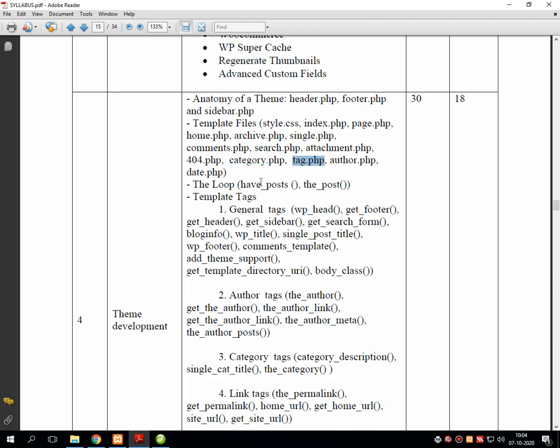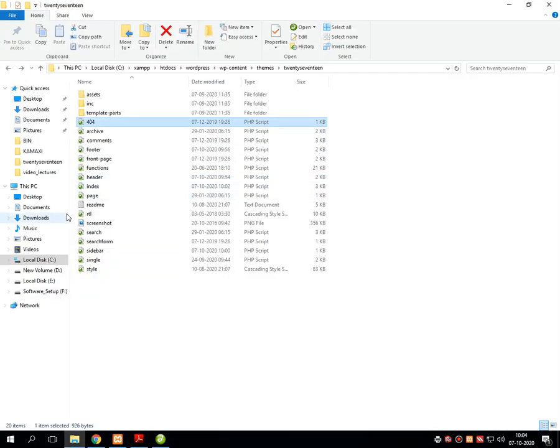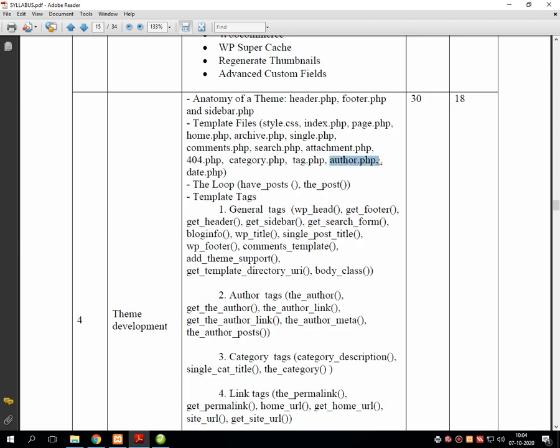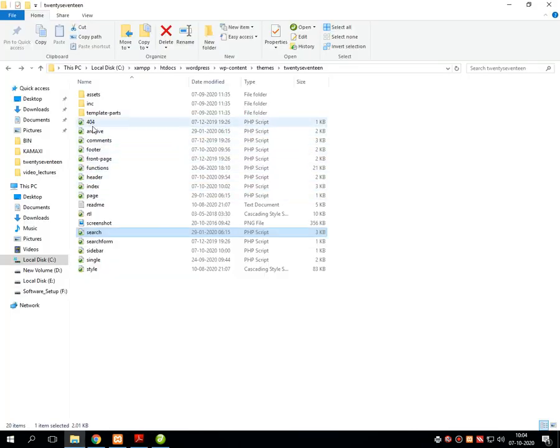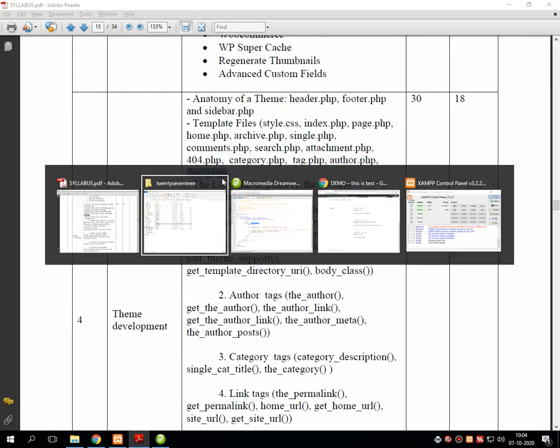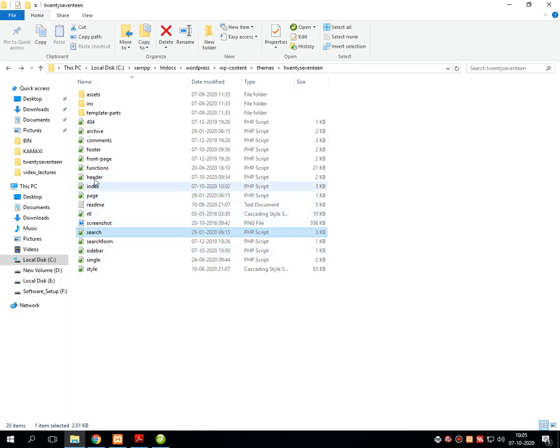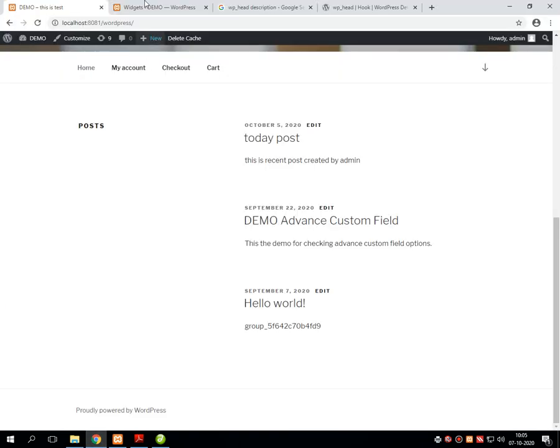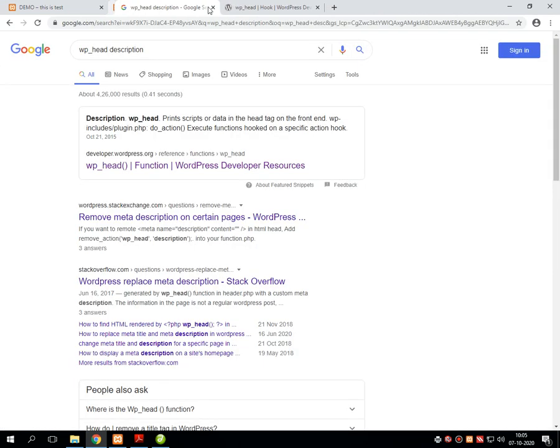Then tag.php, even it is not there. Author will not be there. And next is date, even it is not there. Now what we will do is, let me close all the tabs.